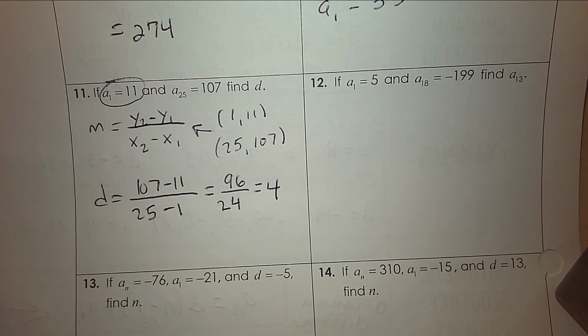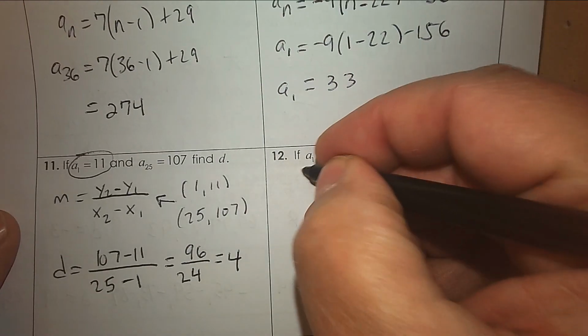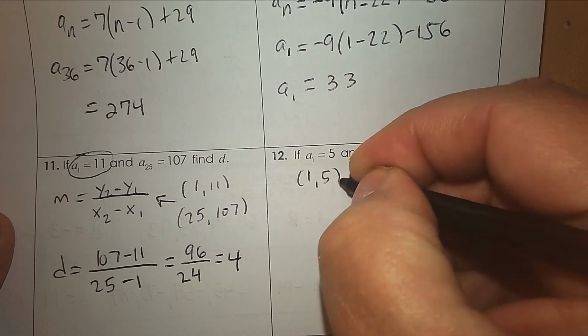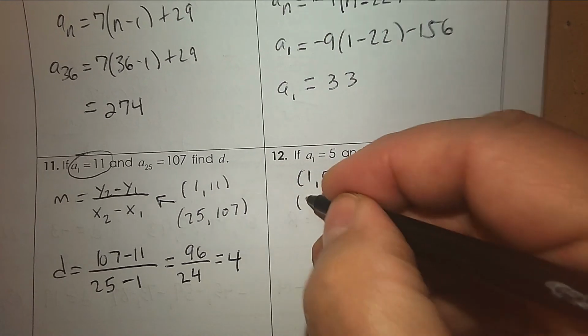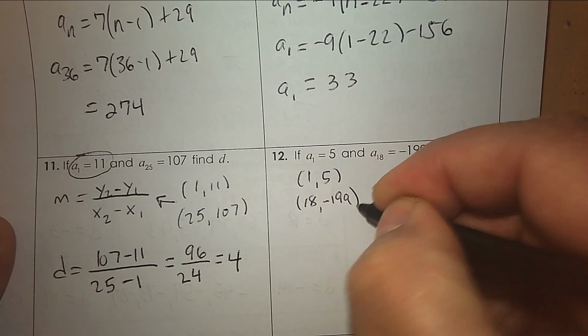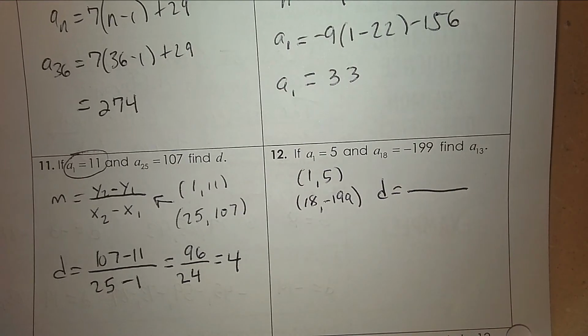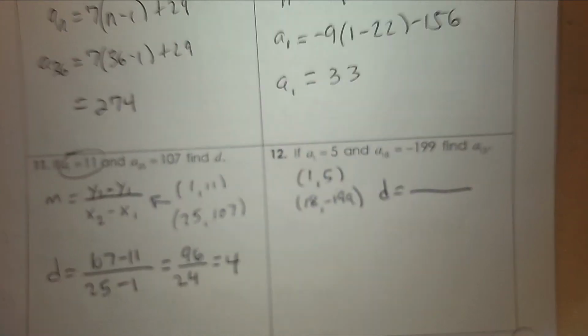Hey, what am I given? I'm given 2 terms, is that right? 2 terms means how many points? 1 point is (1, 5), the other is (18, -199). I need you to find the common difference. How do I find the common difference when I know any 2 terms in an